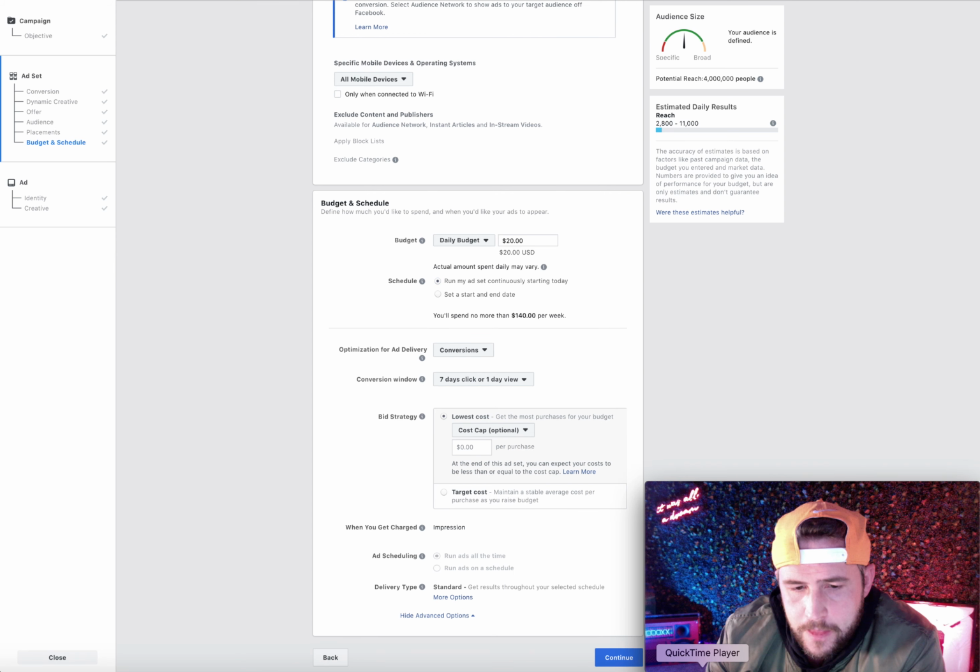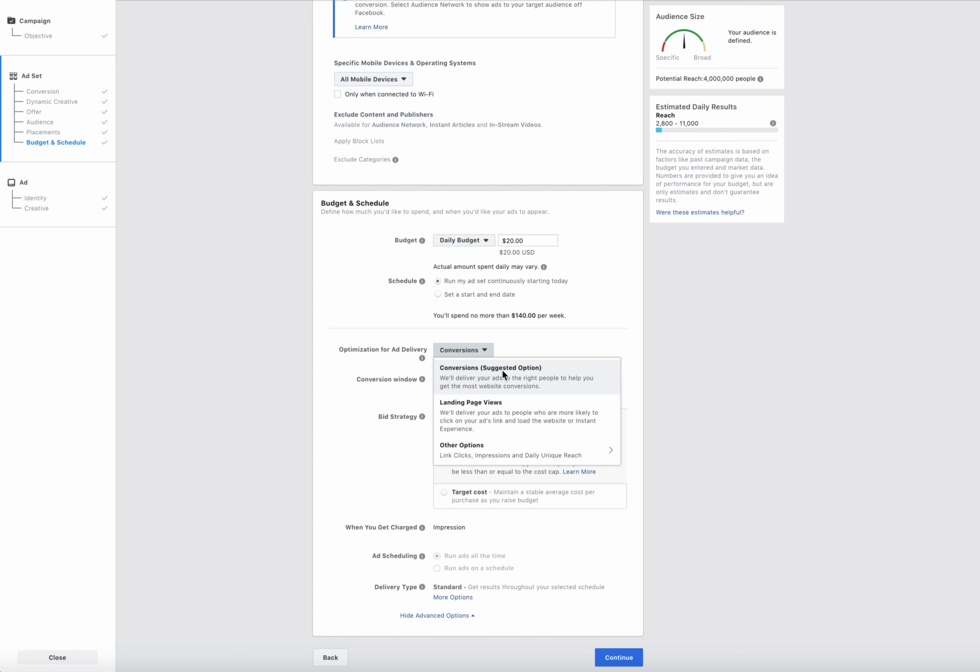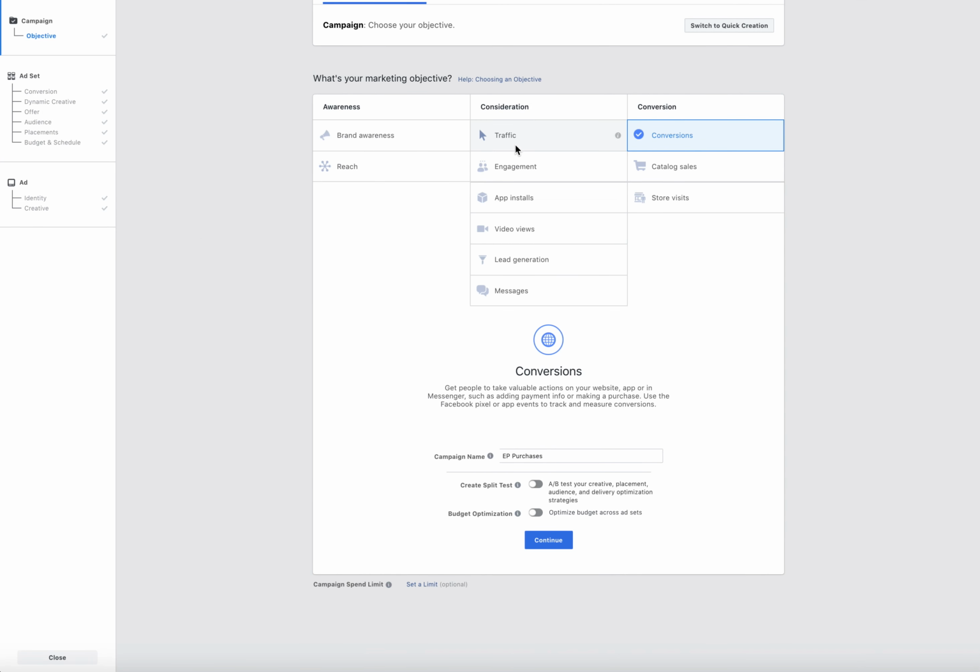So they're going to optimize this ad to get me the most conversions as possible, because that's what I said. I don't think this is the right scenario to run a landing page view type of ad. You're going to want to run a traffic ad, potentially. I'll show you. You're going to want to run a traffic ad or potentially a reach ad